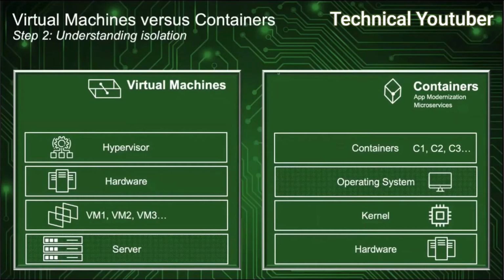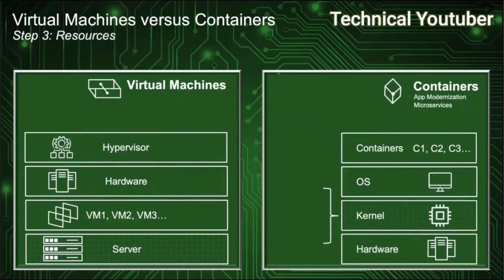That means we are dealing with isolation of the process as opposed to isolation of the machine. The third thing that we should be aware of is about how these resources are accessed. So with our type 1 hypervisor, we are creating different machines out of our server, and that is mainly where the interactions are happening. We are interacting with what we think is hardware, but that is being managed for us